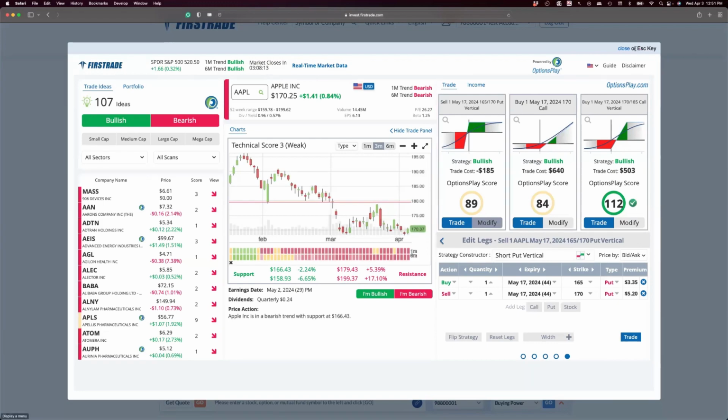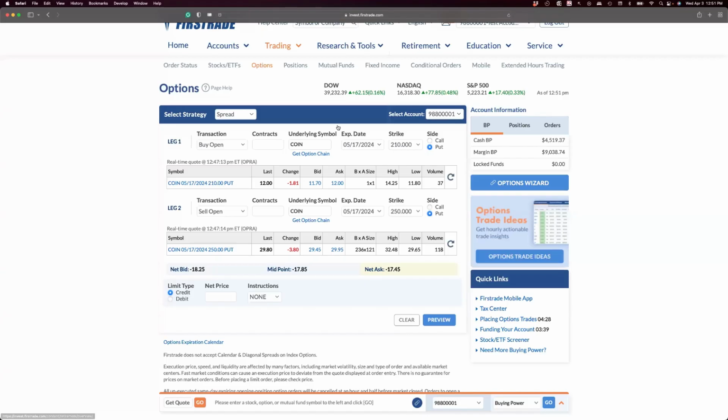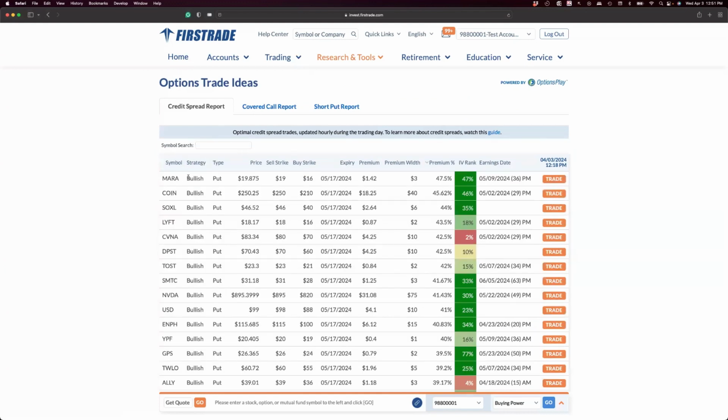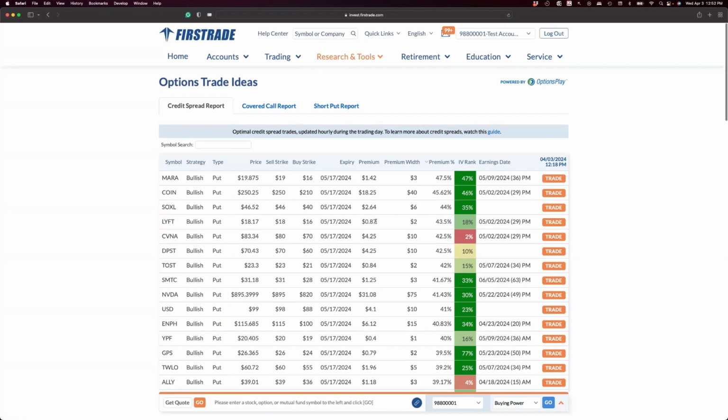And that's also what our options research tool provides you with. If you look at the credit spread report, anything that's under bullish and puts is that strategy that I'm referring to. So, for example, if you're looking at Coinbase, let's take a lower price stock. Let's look at Lyft. Lyft is trading at $18.70. We're selling the 18 and buying the 16. So as long as the stock stays above 18, you'll make in this particular case 87 cents. And you're risking in this particular case